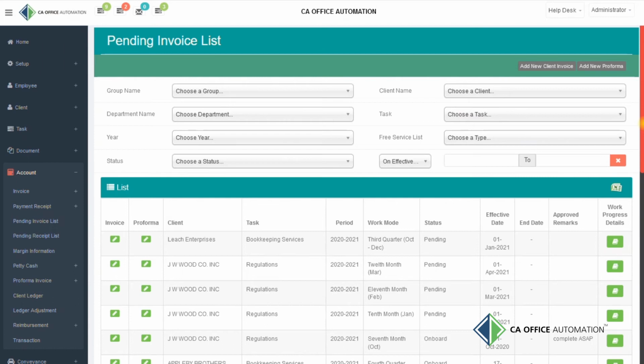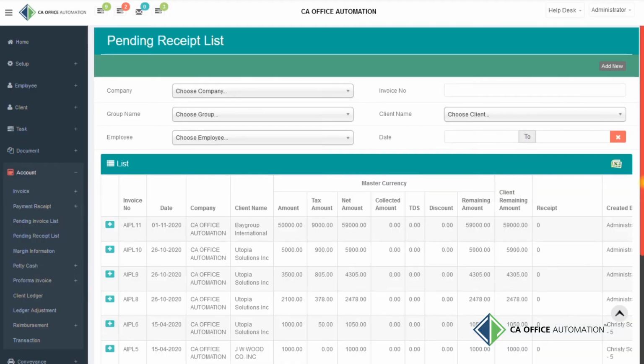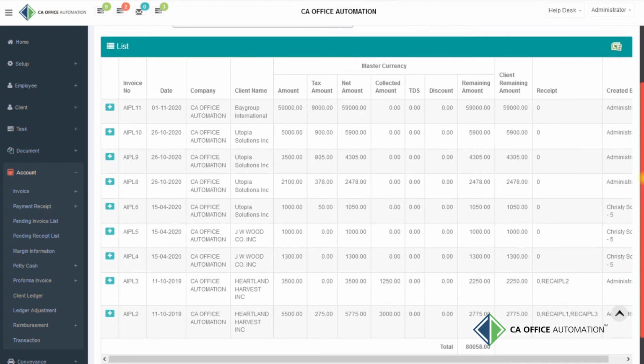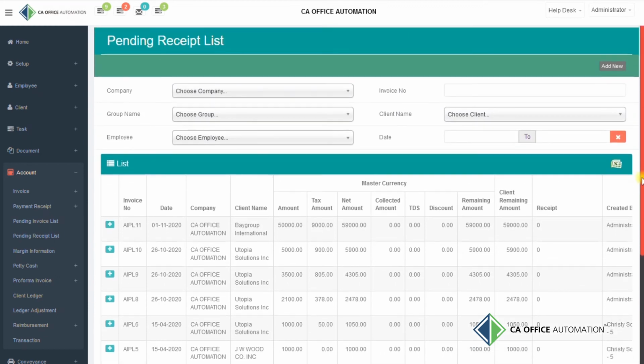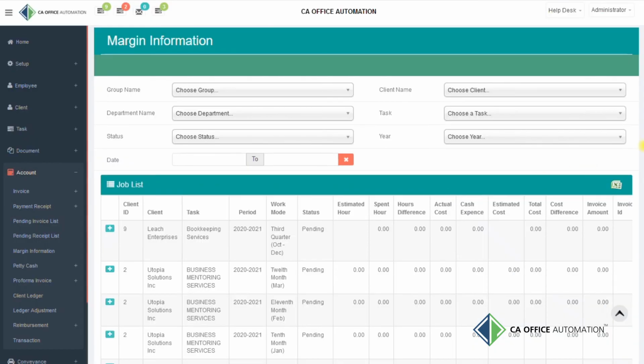The next tab under Account is Pending Receipt List, which gives you detailed information about the tasks for which an invoice is generated but payment is still not received. Margin information is a very important feature. From here, you get to know the estimated man hours and the actual spent man hours on a particular task, and hence know the actual cost incurred against the estimated cost.